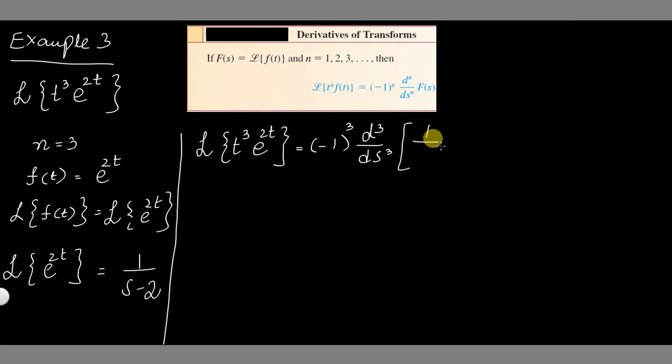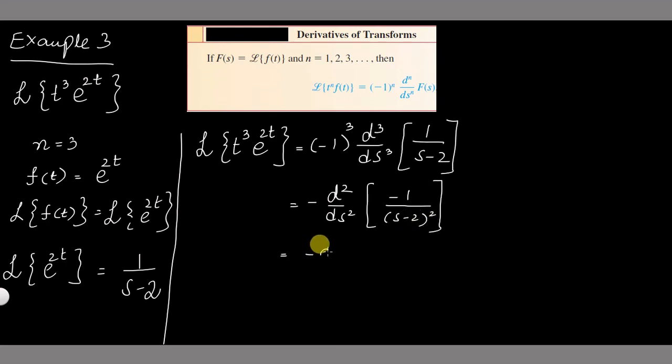So take the third derivative of this particular function. Minus 1 raised to an odd integer is always minus 1, so it will become minus. Just take the first derivative. If we take the first derivative of this function, we get minus 1 over s minus 2 whole square,